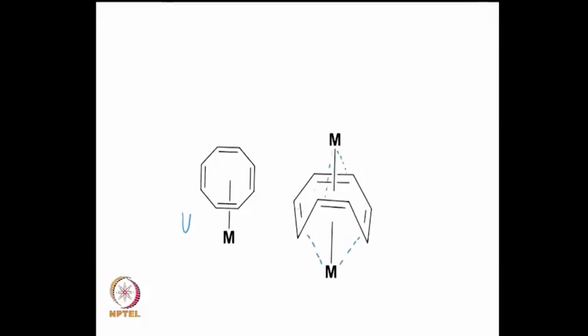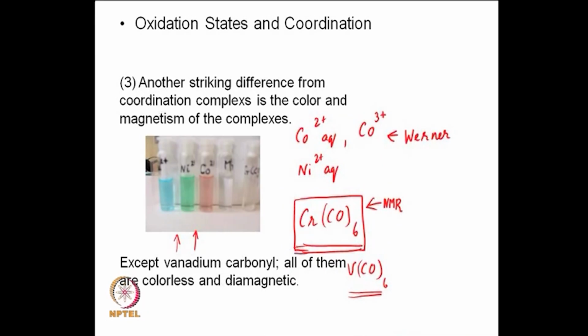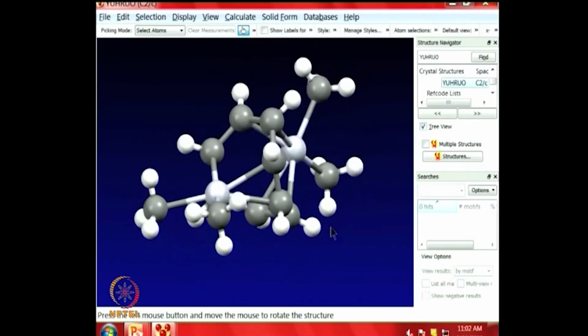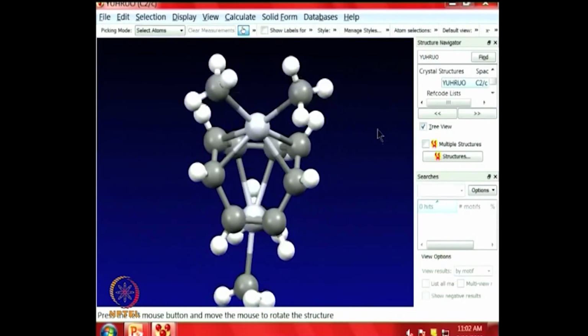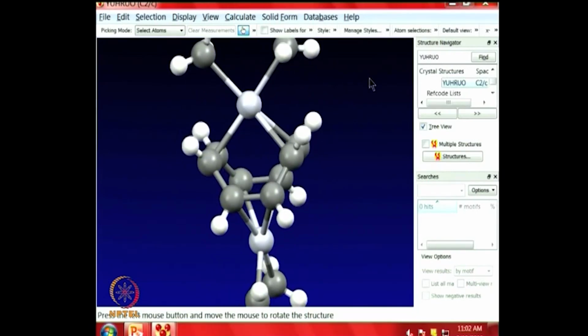This is the tub structure that we are talking about, where you have the 2 platinum atoms interacting with carbon atoms which are on one side of the cyclooctatetraene. So, let us go back now